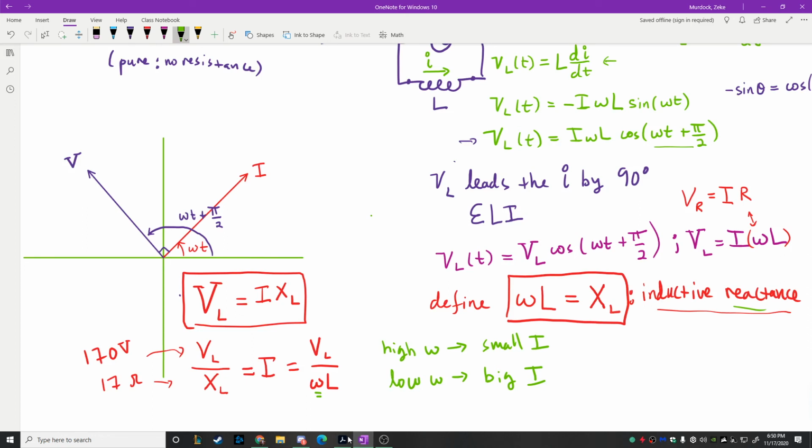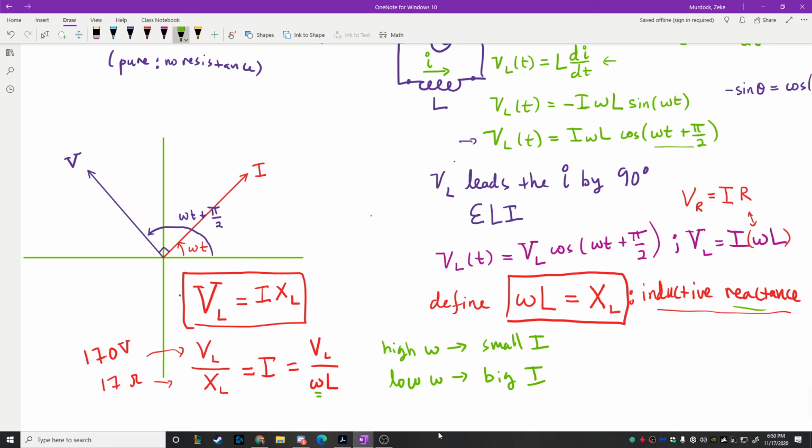It's not going to have nearly as big of the back EMFs that these inductors produce whenever you have really high frequency. Because after all, the inductor is like adding mass to your circuit. This is a really simple experiment you can do yourself. You pick up something that's really light, and you try to shake it back and forth, it's easy. But if you pick up something that's really heavy like a rock and try to shake it back and forth, you'll notice that it's really hard to shake it very quickly. And that's because of not the weight, but the inertia of the rock. And this is kind of the same idea. So